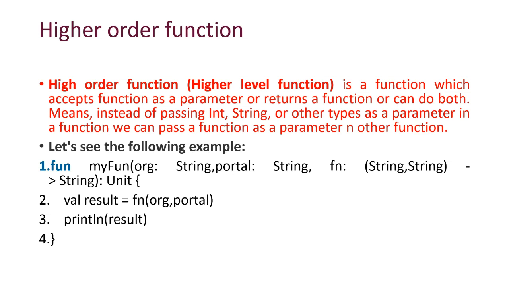Means instead of passing data types like int, strings and other types, we go for a function as a parameter. So the simple concept is whenever we work with a function and a function is parameterized inside it, that's called higher order. Lambda expressions play a very important role in these cases. Where we have such complex functionalities, we can implement these higher order functions. Here's a small example, but we'll do it